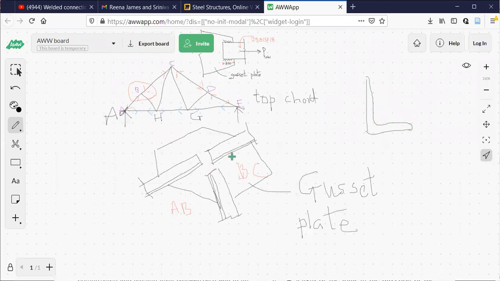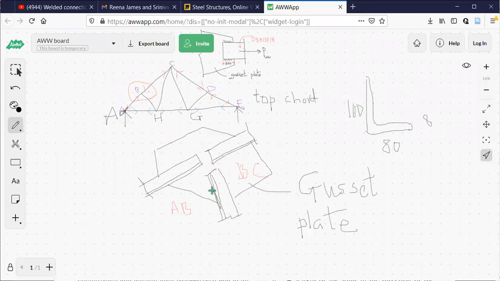An angle section will be either an equal angle or an unequal angle section. Let us say this is 100 mm, this is 80 mm, and the thickness is 8 mm, the average thickness. The shape is not perfectly rectangular. You will not get two rectangles here. But how to deal with that? How do I find the area, the centroid, the moment of inertia? All those things are directly available in steel tables. You don't have to calculate anything there. So this is the angle section which is used here.